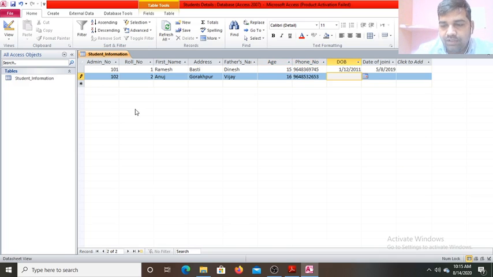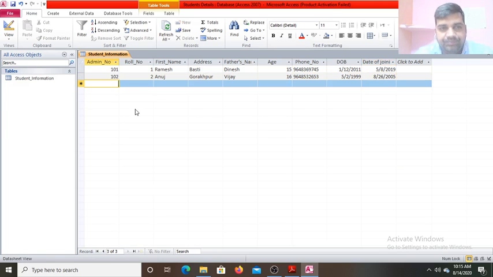Now date of birth also you can give any, 5 to 1999. Date of joining also you can give 8, 26, or also you can give 2005, like this, okay. Similarly you have to add 10 records in this, okay. Now you can understand how you will do it. So these are the 2 records I have added. Now you can add the 10 records in this.